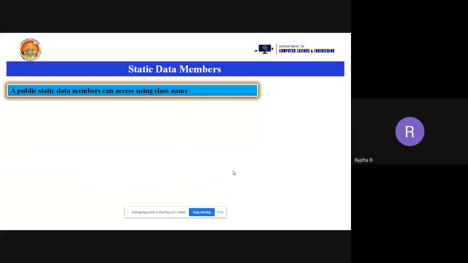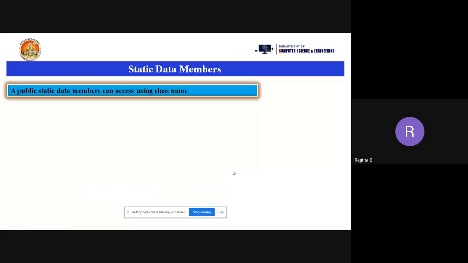Can anyone tell me how can we access the public data members, whether it is a function or data member? Ramya or Venala or Bharadwaj? Anyone? Or Prem Sai?